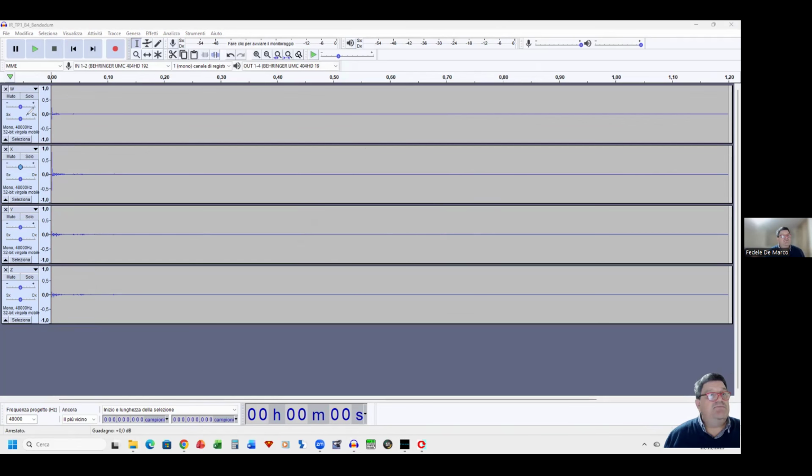So we need the omnidirectional component and the figure 8 along x-axis. This is my head, ears, nose, eyes. Okay, these two components, W and Y,